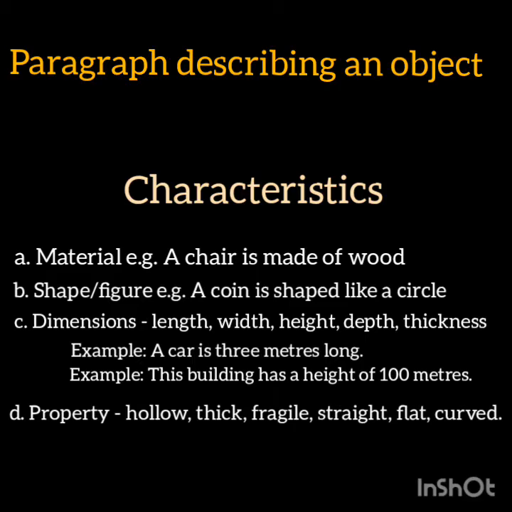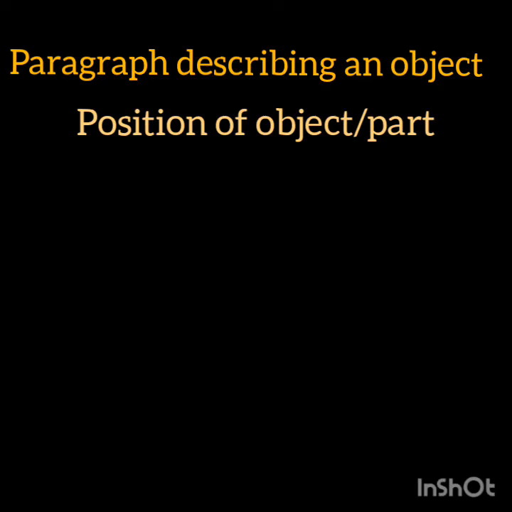And then characteristic number 5, color. Is it green? Is it black? Is it white? Is it pink? And so on. The 4th item that should appear in your paragraph is the position of the part in relation